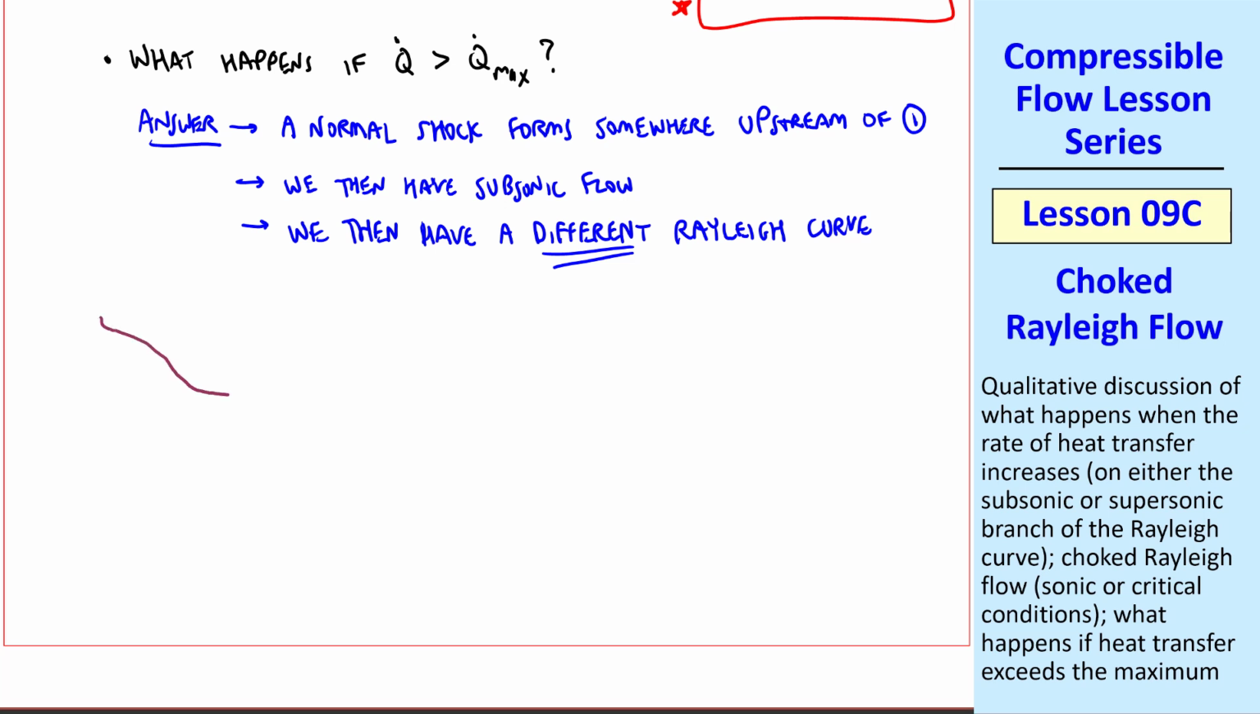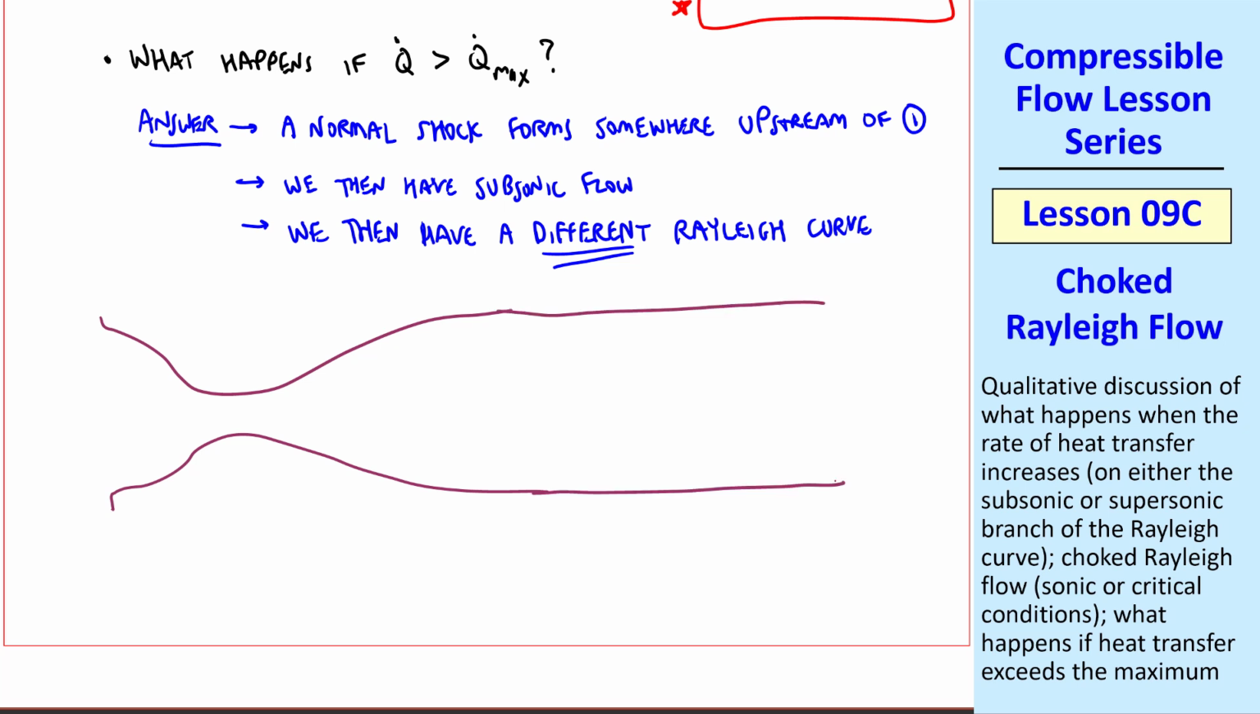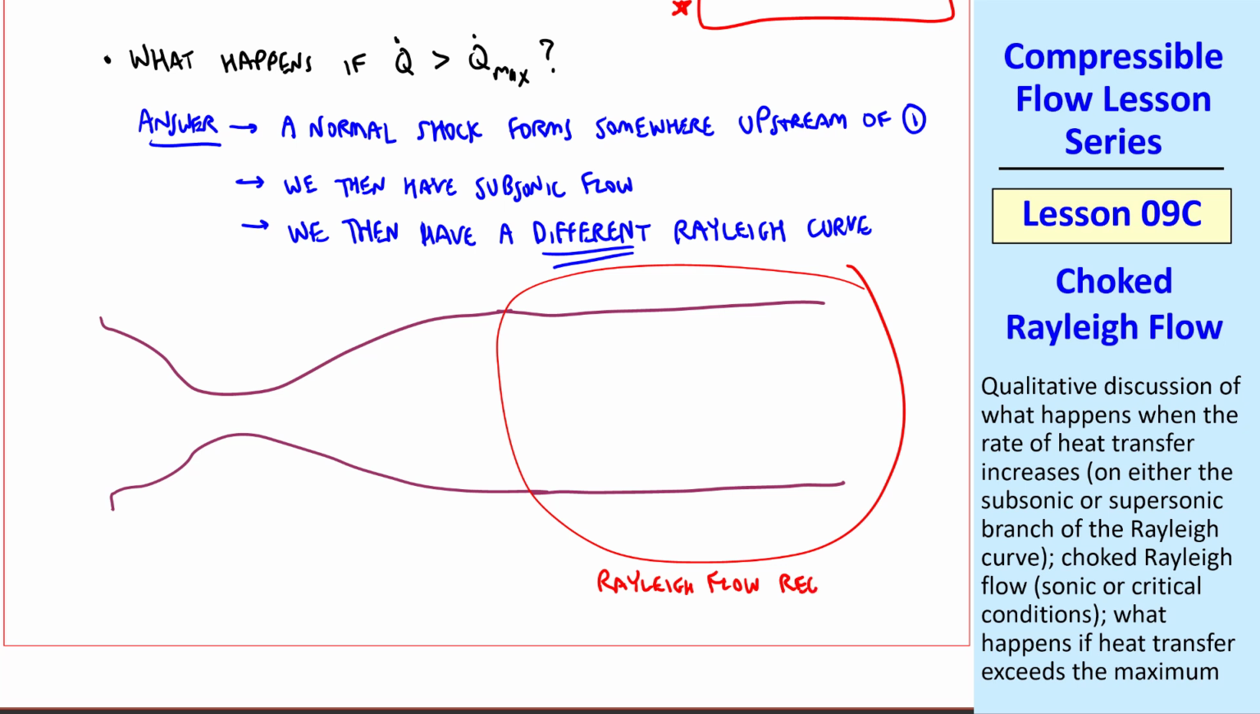We generate our supersonic flow with a converging diverging duct as previously discussed, and then this section of the duct is our Rayleigh flow region, and we'll let the exit plane be state 2. And state 1 is at the inlet of this frictionless constant area duct, where we add heat. In the limit, when Q dot is Q max, state 2 at the exit plane becomes the star or critical conditions, and if Q dot is bigger than Q dot max, a shock will form at the exit plane,